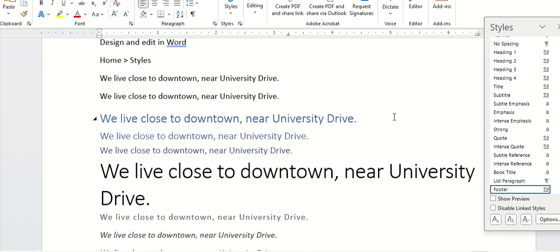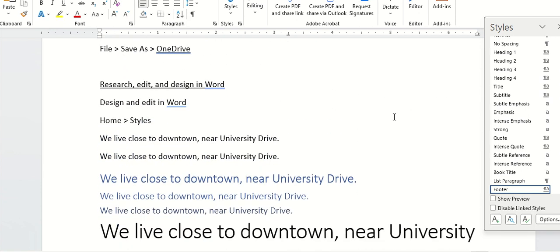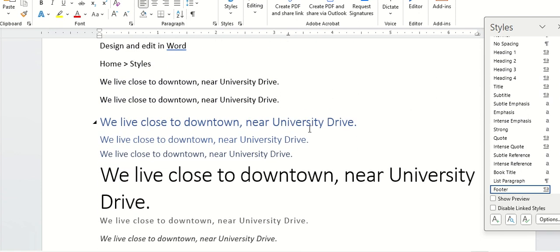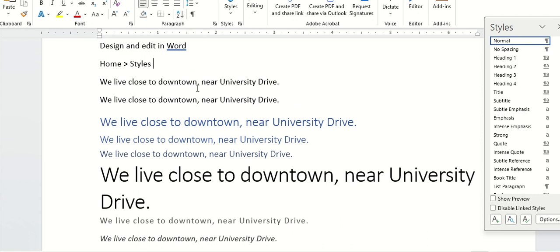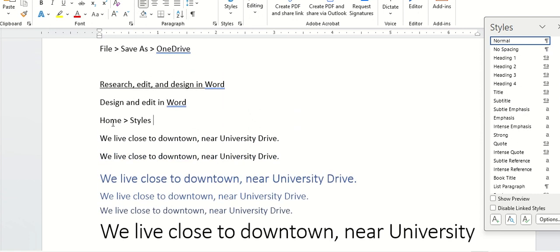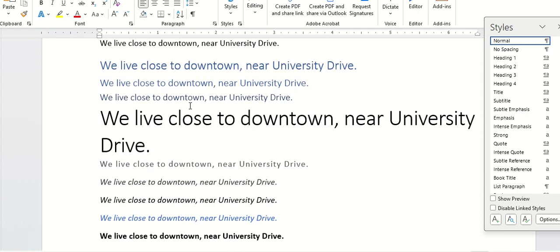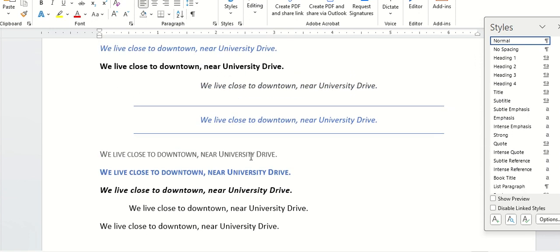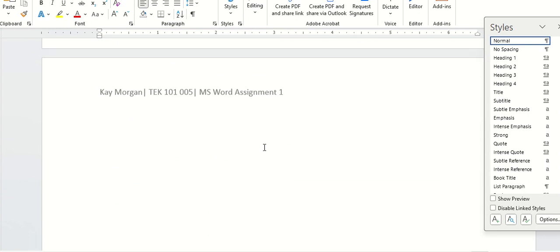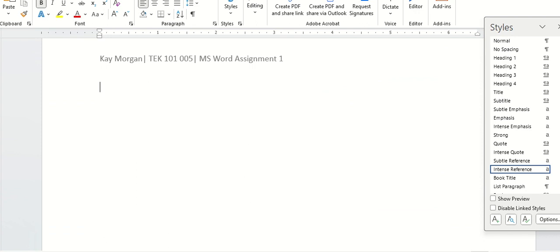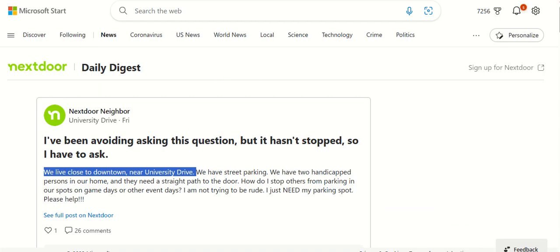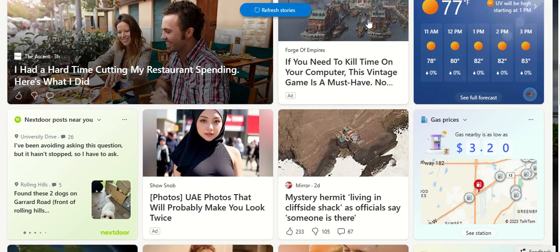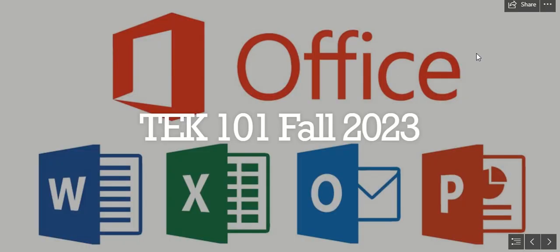So now you have all of the styles, and you know exactly how each one of them looks. Okay, so once we finish that, we're gonna go back to the next. So let's close this window, and then we come back to